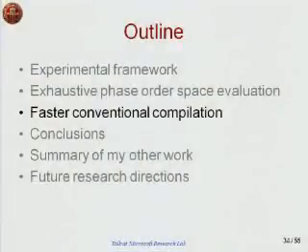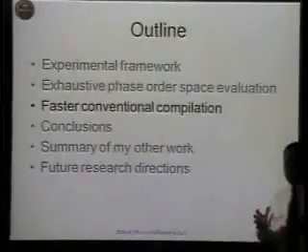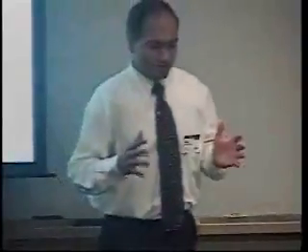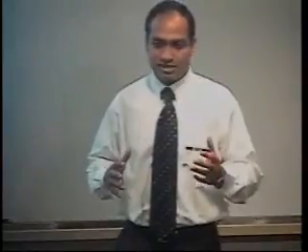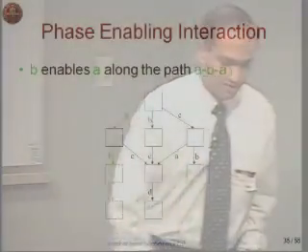Okay, so now we have exhaustively enumerated this large space, and we have the phase ordering space for a large number of functions. So what we can do is analyze that space and use it to improve the default compiler. So that was the next part: how we can find the interactions of optimization phases and how we can use them to make the default compilation better. In this case, I have used it to make a conventional compilation faster. This was some work that was published in CGO as well, and I'll describe it in my further slides.